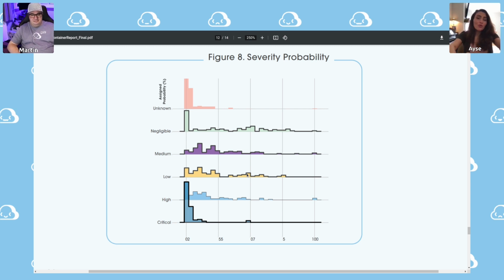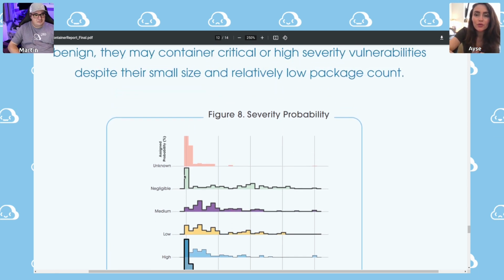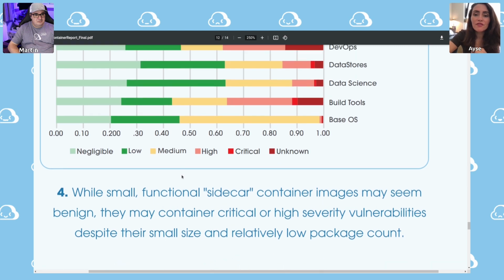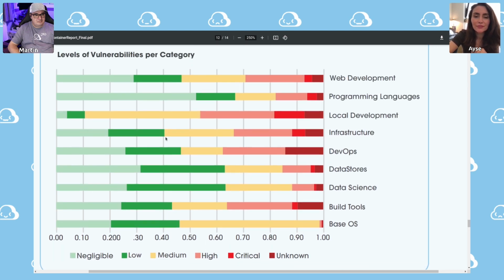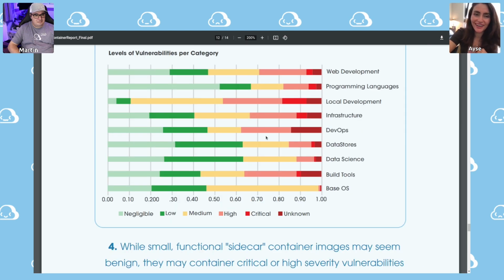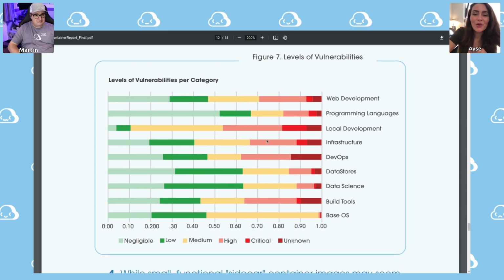Exactly, and there's more to this. If you scroll up a little bit, we can look into the per category distributions, which makes things even a bit more interesting. Here in this figure, you're seeing the distribution across categories, color coded, and you focus on the hues of red, the high, critical, unknown ones per category.